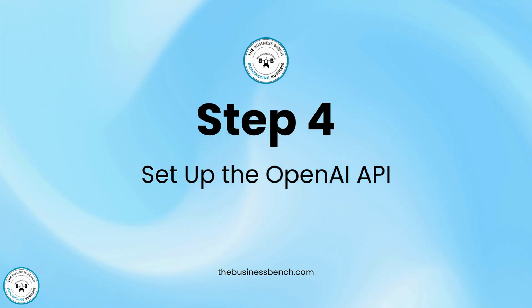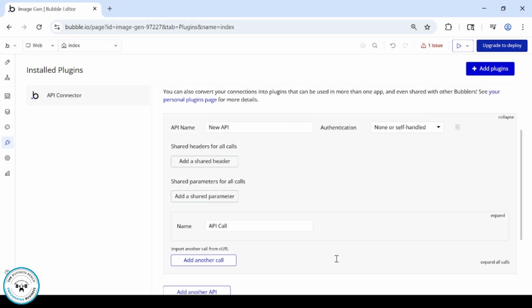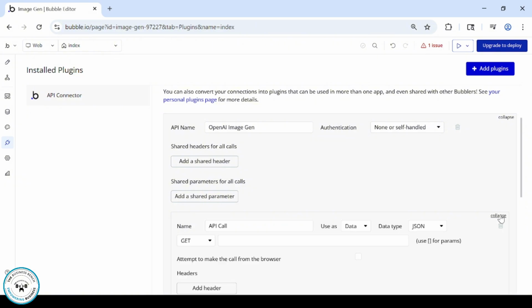Step 4. Set up the OpenAI API. For DALL-E 3, OpenAI. In API connector, click Add another API. Name it OpenAI Image Gen. Add a new API call. Name: Generate image. Method: Post. Use this URL: